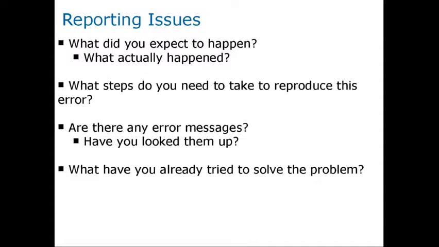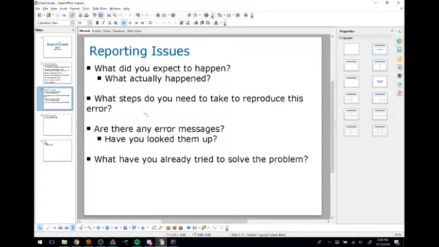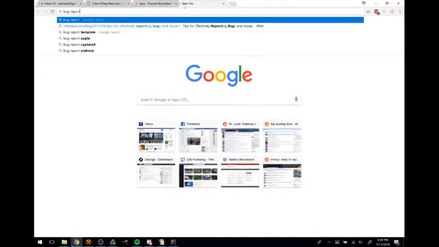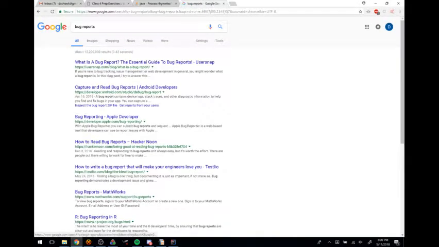So I'm really just trying to give you guys an idea of what kinds of information is useful when solving problems. And actually, this isn't just stuff that I made up. This is pretty standard. If you go online and you look up real-life bug reports, right? Real-life bug reports. You can find,